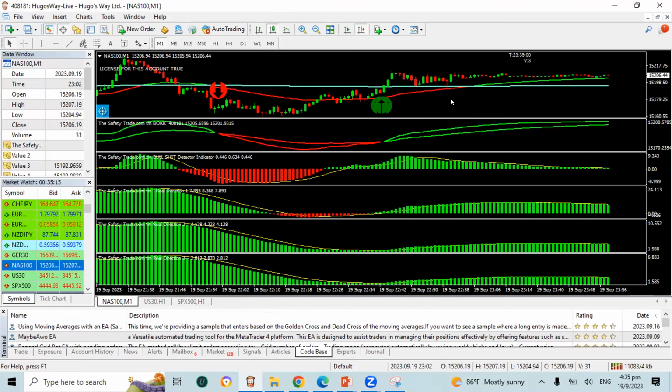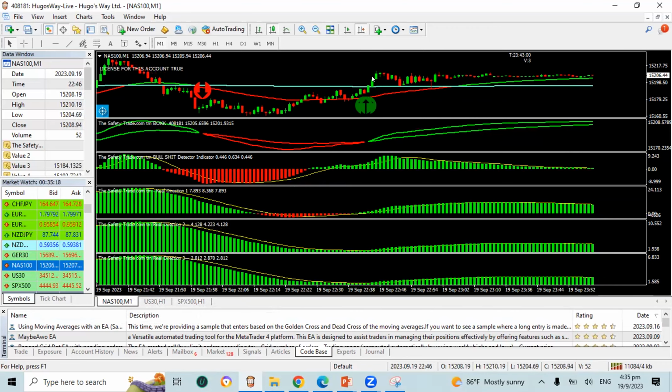So let's take a look at NAS. NAS just not too long ago crossed the blue line. In what trend is this, guys? It's an uptrend, yeah? All right, so just at about this point in time right here, let's use yellow. NAS crossed.